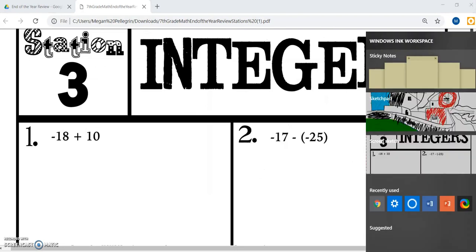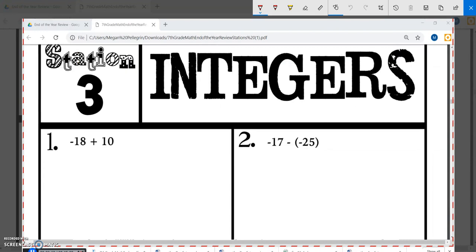Okay, so your homework was to do integers as well tonight. So we're skipping 2 for now. We'll go back to that tomorrow. So integers, -18 and +10. So if I'm looking at my rules, first page, integer rules, if they have different signs, then I am subtracting them, and they do. And so 18 minus 10 is 8,